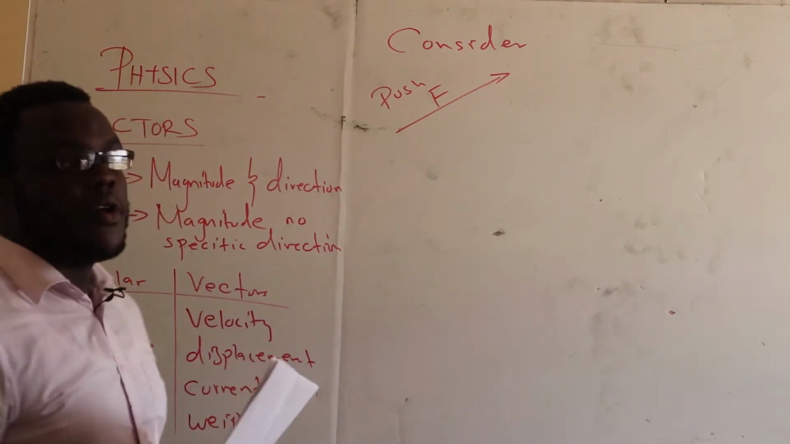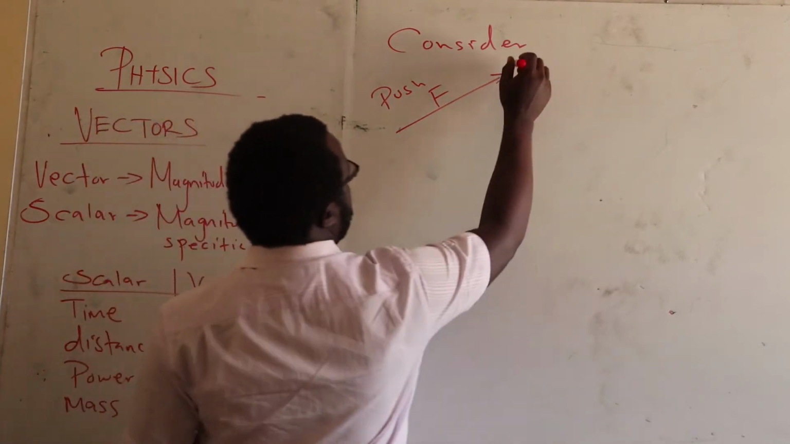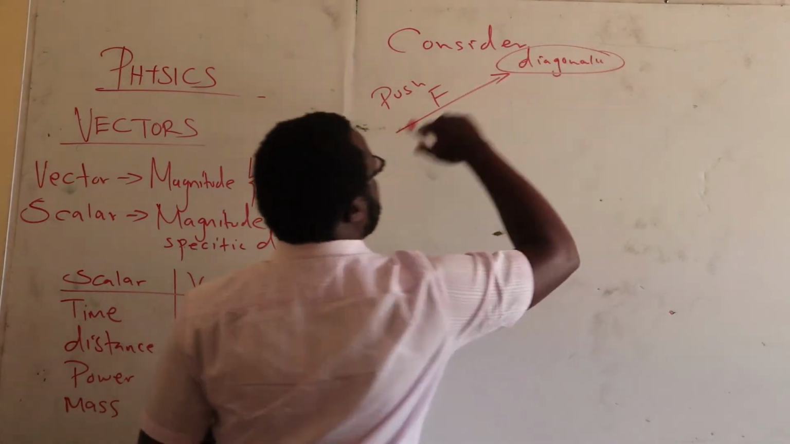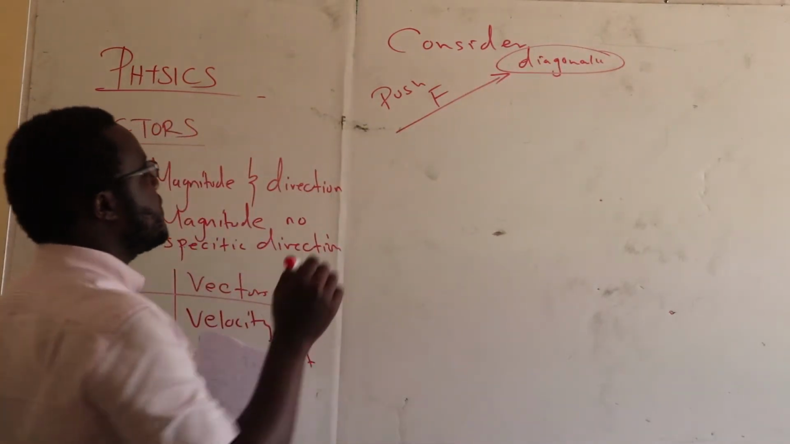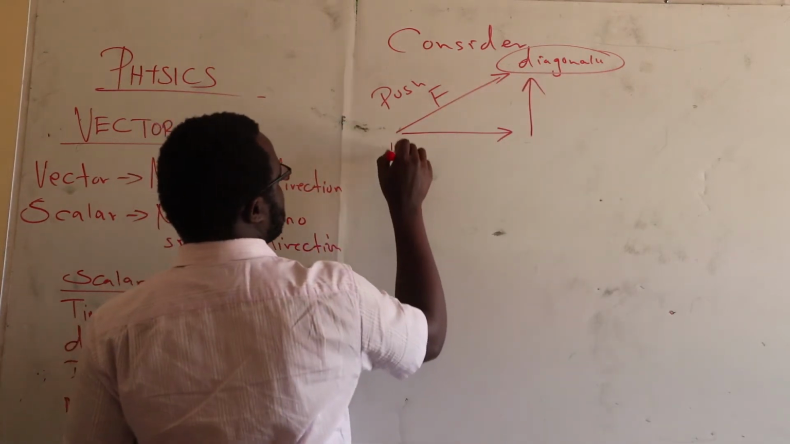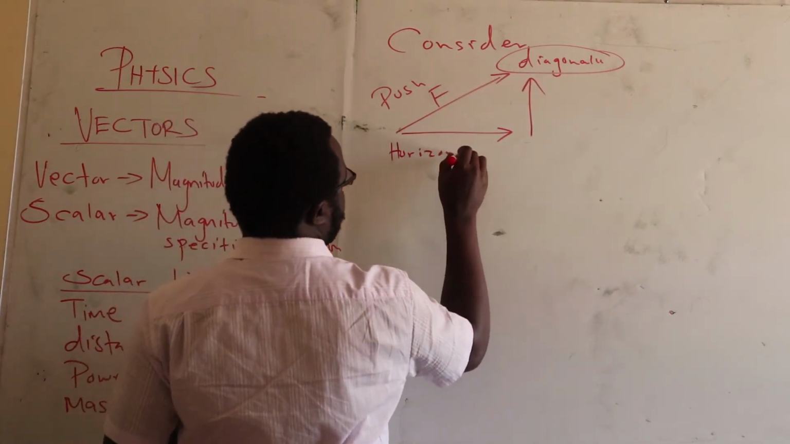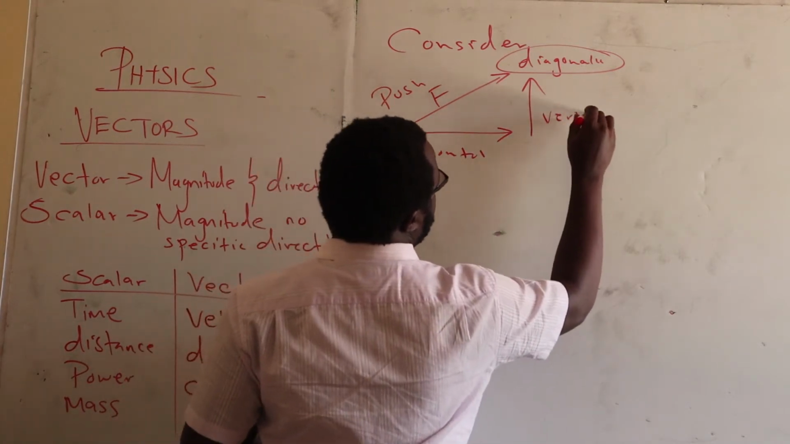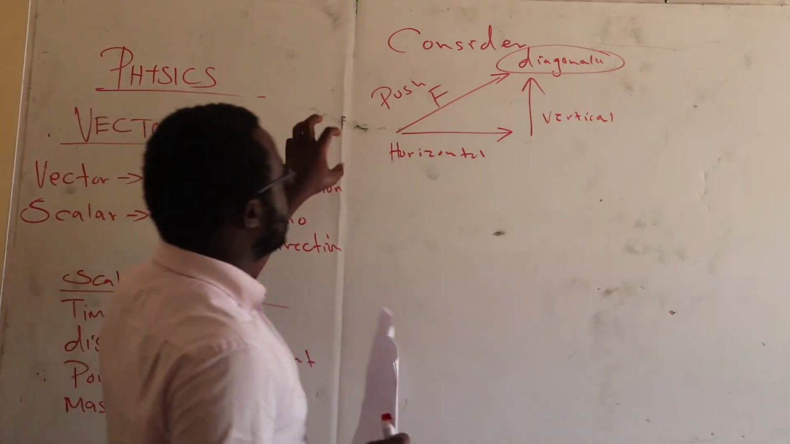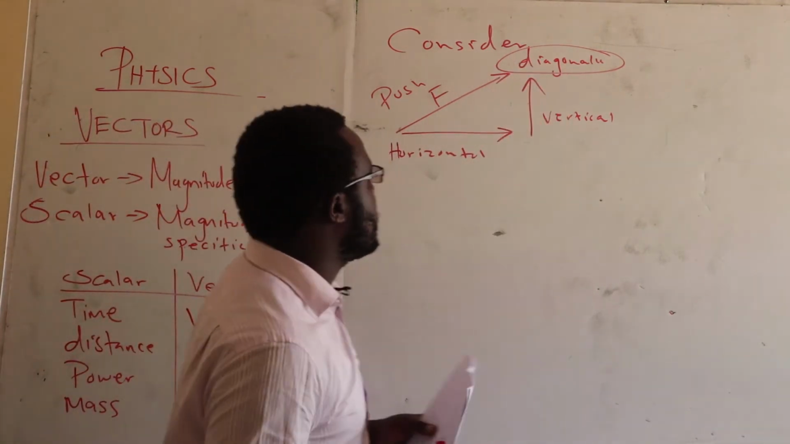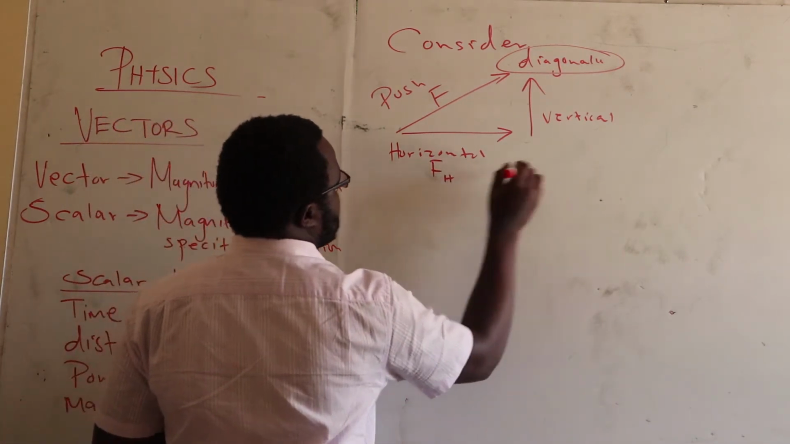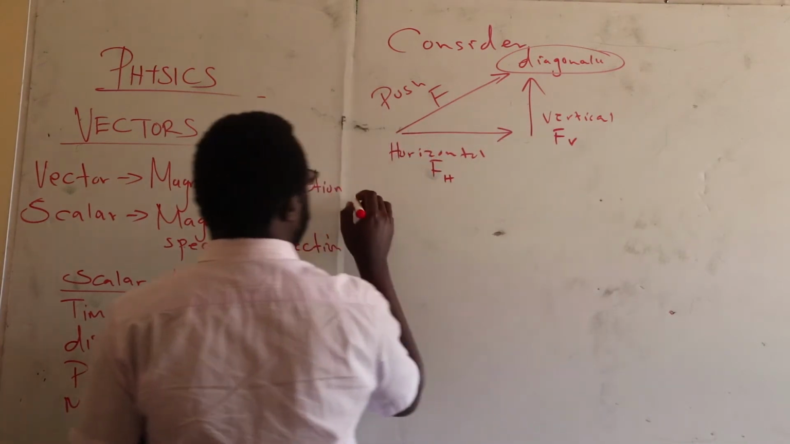Now, when you're pushing an object diagonally, that does not stop the object from experiencing a horizontal or a vertical movement. In fact, a diagonal movement is a combination of two movements, the horizontal and also the vertical movement. Therefore, if I call this FH and this one FV,